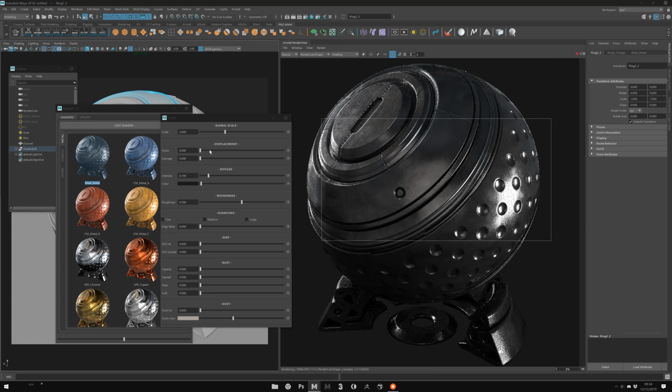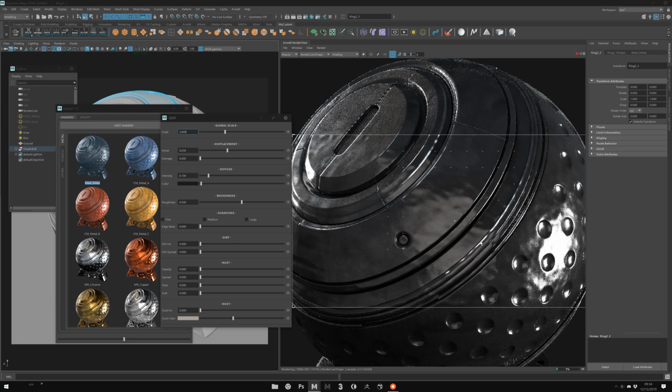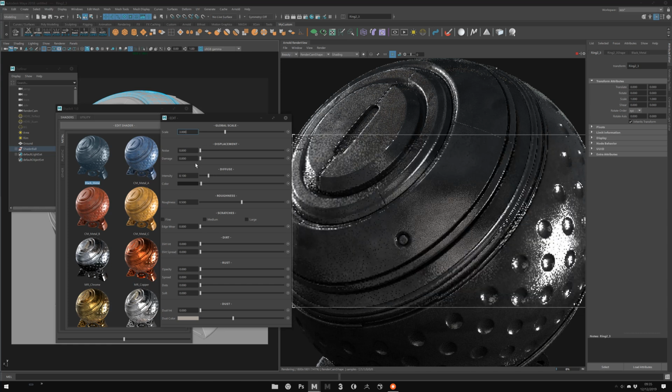The first thing is noise, so just test and you will see that it adds a noise effect on the surface of your model. It's a true geometry noise, okay? Because it's not a bump, it's a true displacement, which means it will really affect your geometry. So be careful because you see even the border, the edge will be distorted. It depends on your model, but that can pose some problems sometimes. Okay, so why not a bit of displace? I will go back to 0 for this one.